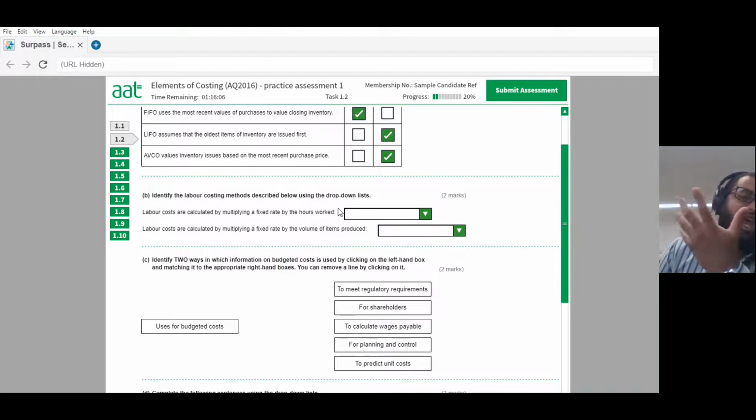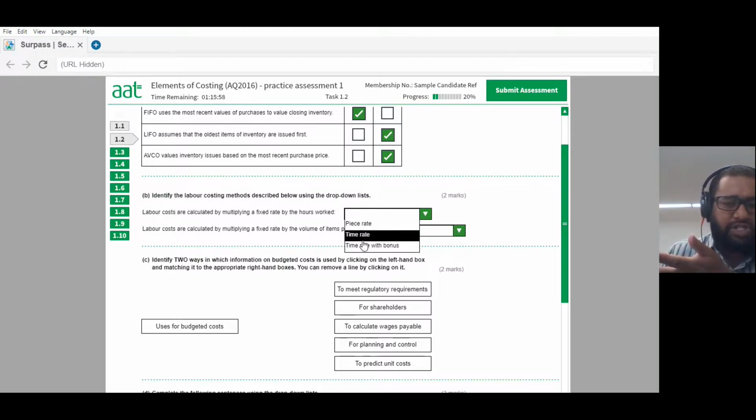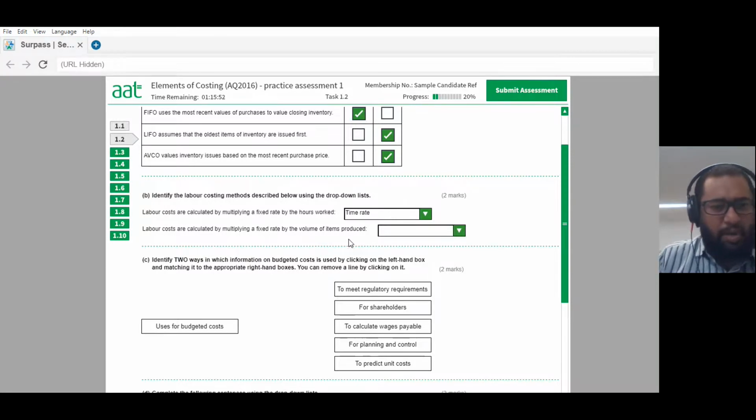So therefore, if you get paid 10 pounds per hour, and if you work 30 hours, you get 10 multiplied by 30 hours worked, you get 300 pounds. This is called time rate. Okay, and the next one is labor costs are calculated by multiplying a fixed rate by volume of the item